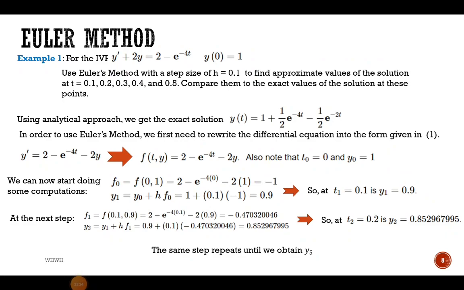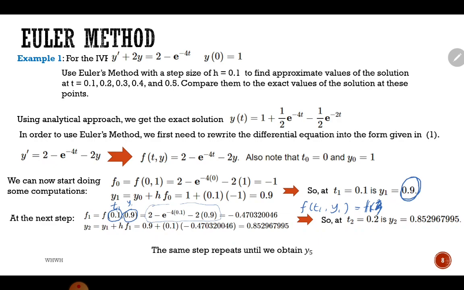Okay, so now kita ada f T1 Y1 ataupun kita denote dia sebagai F1. Okay, F1. Alright. So F1 ni adalah F T1, Y1. T1 kita adalah 0.1 and Y1 kita adalah 0.9. Okay. So daripada sini kita akan masukkan balik t equals to 0.1 and y equals to 0.9 into this differential